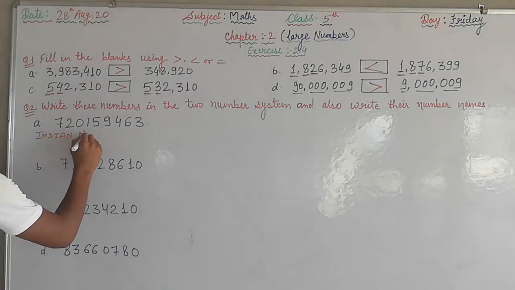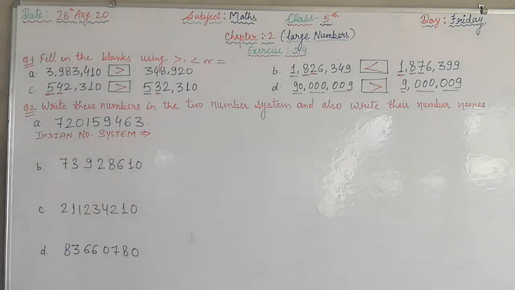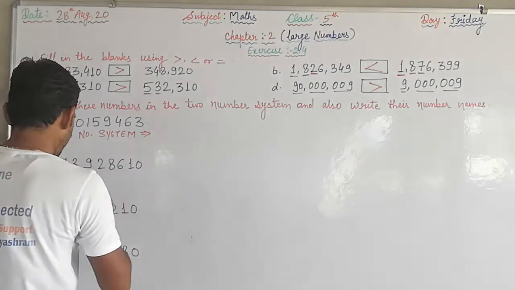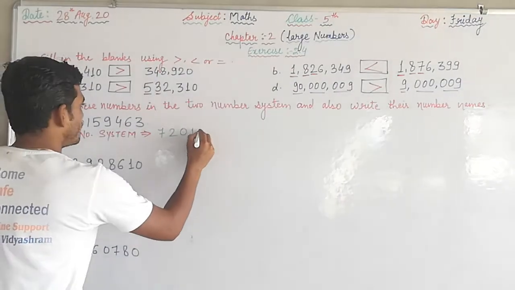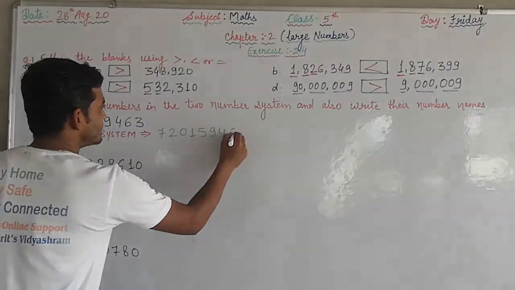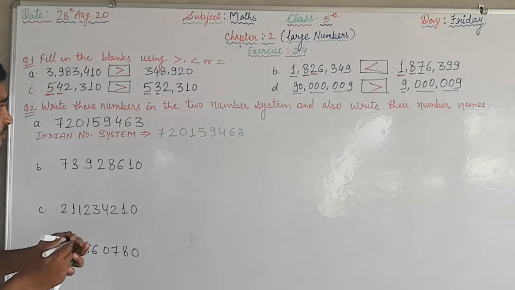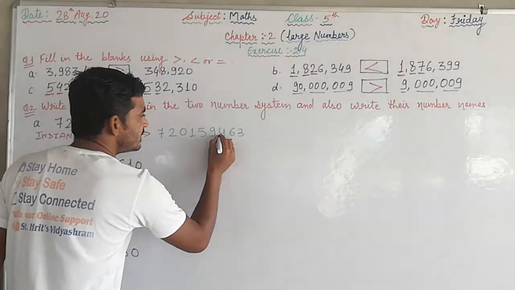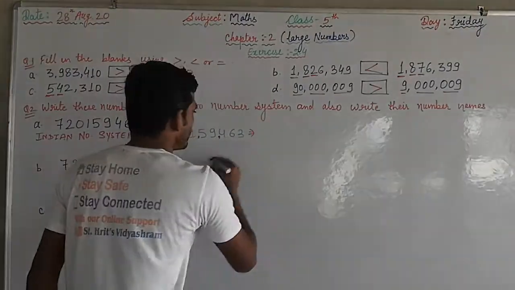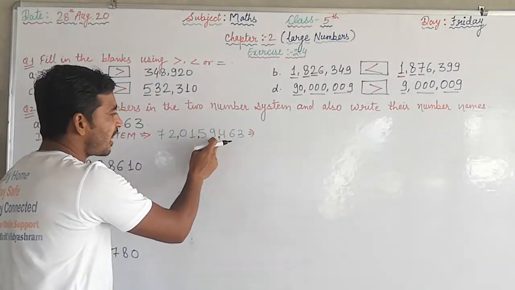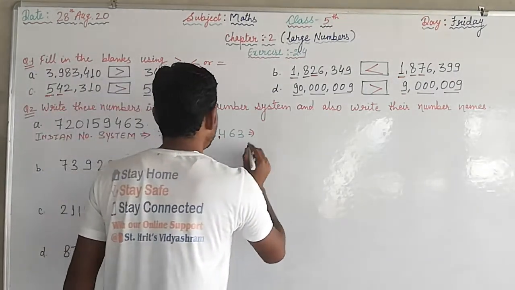Indian number system, according to the Indian number system, the number is 720159463. Okay, in the Indian number system we place a comma after 3 digits, then after 2 digits, right beta? Now you have to count ones, tens, hundreds, thousands, ten thousands, lakh, ten lakh, crore, ten crore. That means 72 crore,